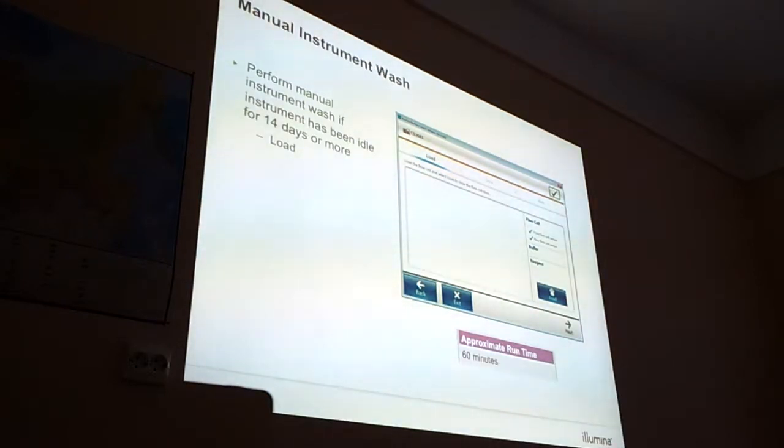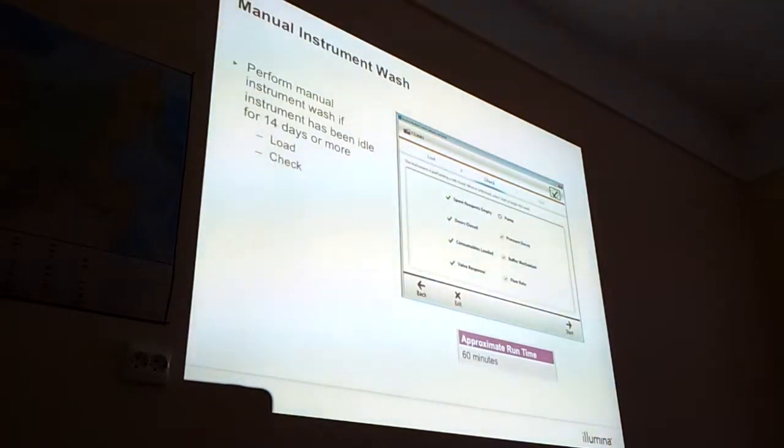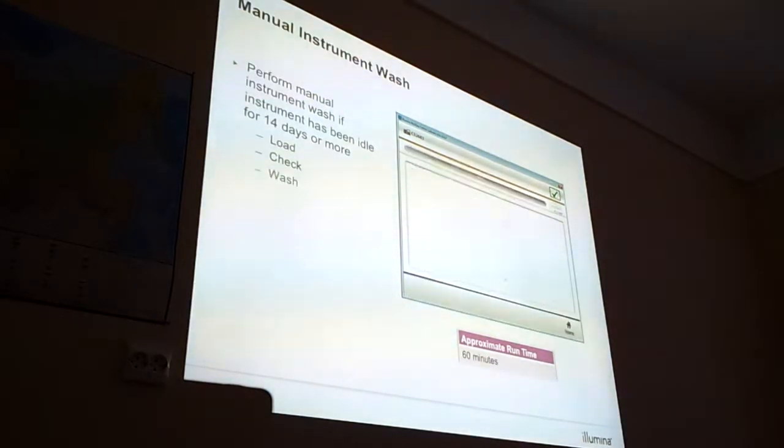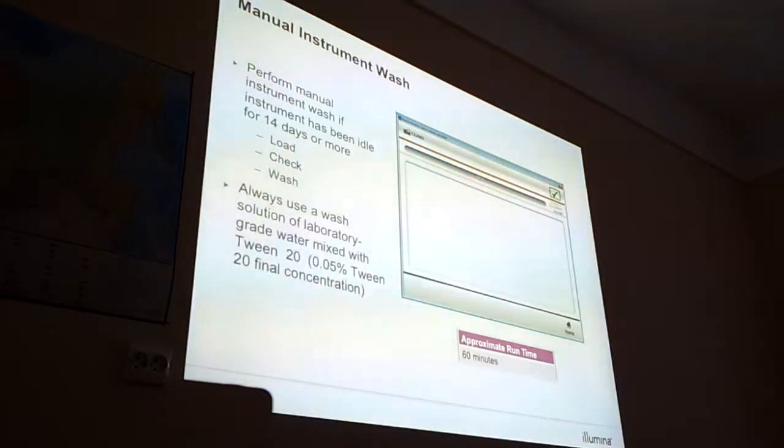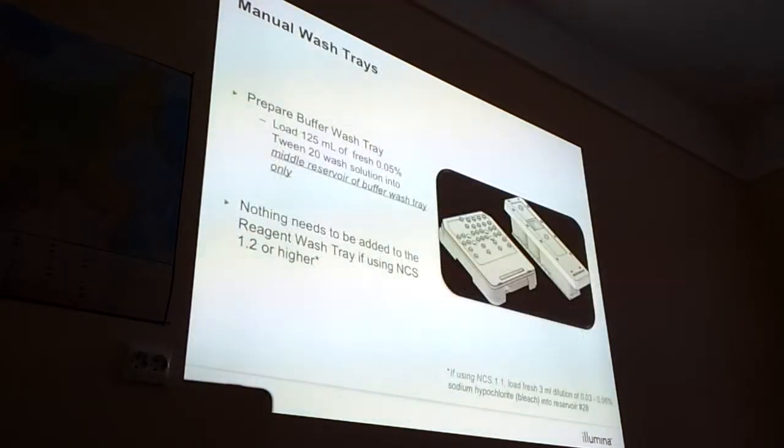It's already inside normally. And then you have to add buffer to the wash cartridge, and you use 0.05% Tween 20. So this is the wash